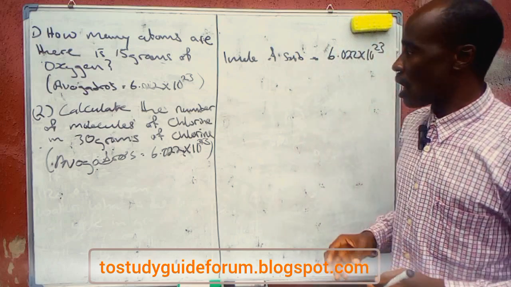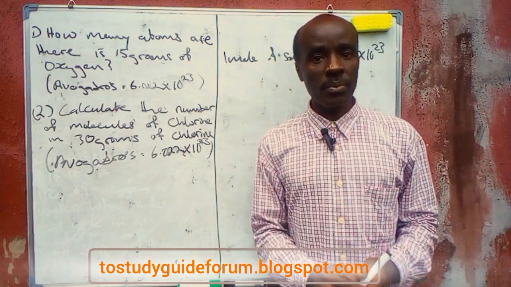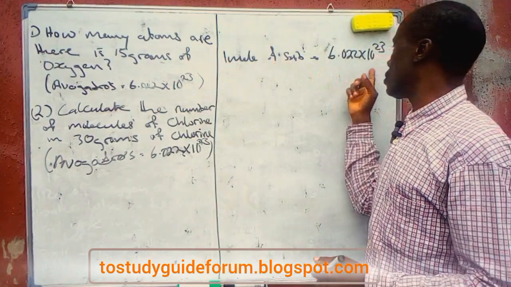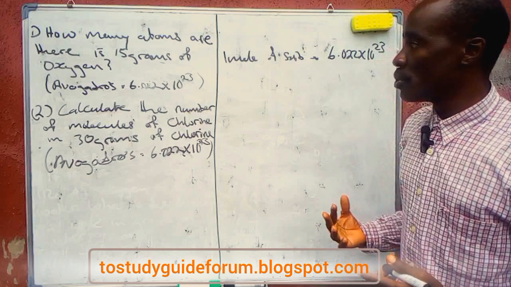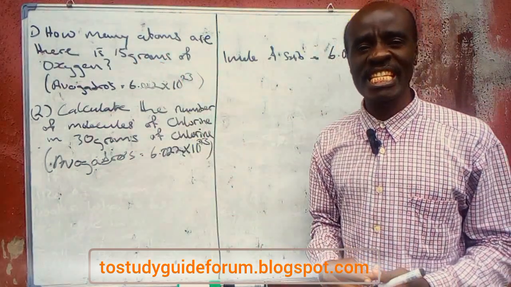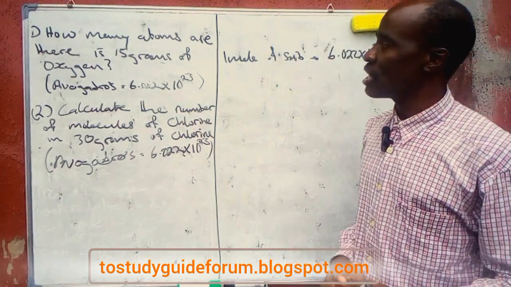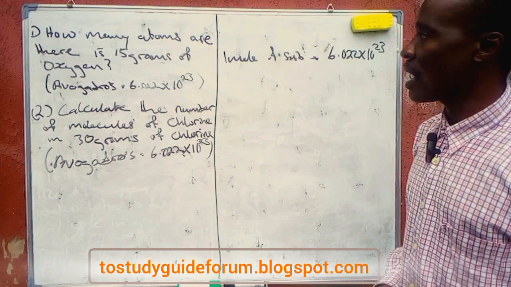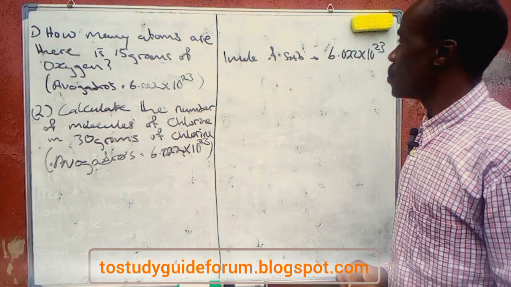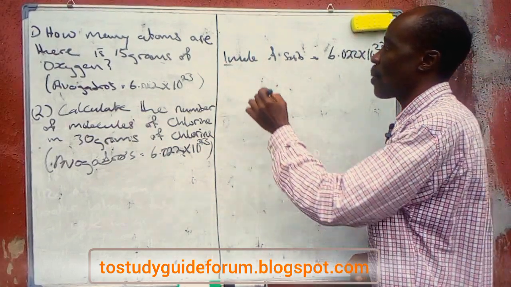A mole happens to be the unit of measurement of substance in chemistry. So one mole being equal to this, we are going to use it to calculate what we are likely to get in each gram of a substance. For example, from the first question: how many atoms are there in 15 grams of oxygen? We know that one mole of oxygen